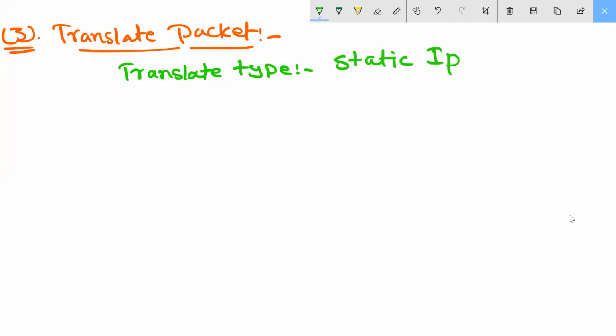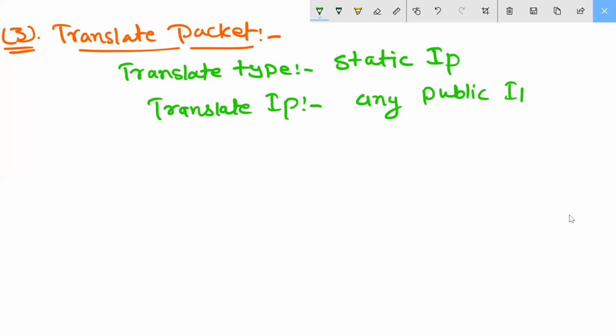Then after that, translate IP. Translate IP will be mine, any public IP. Any public IP you should take. You have that public IP range there, so from there you should take any public IP address.